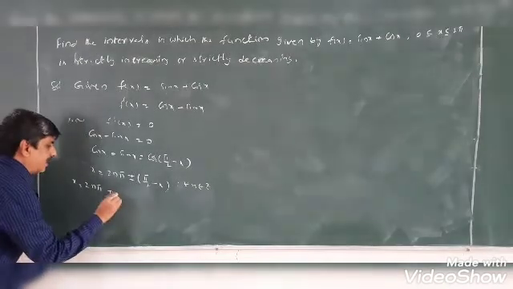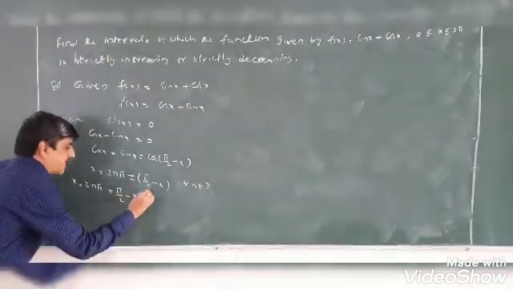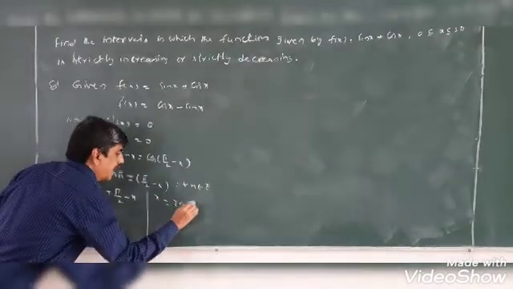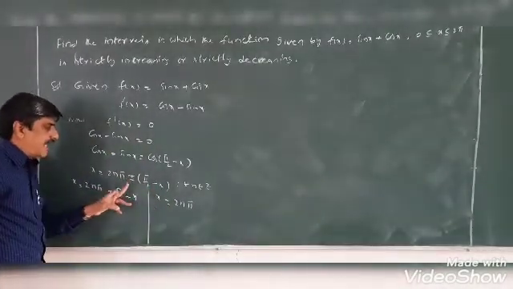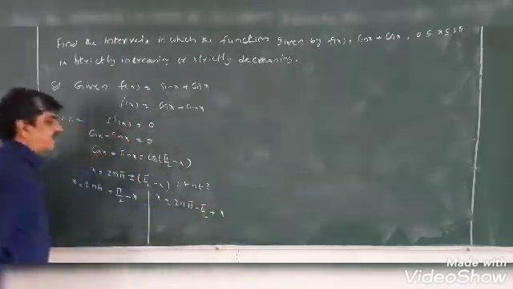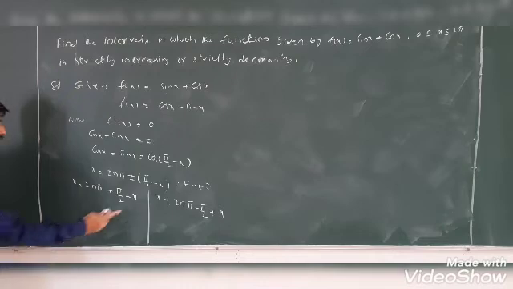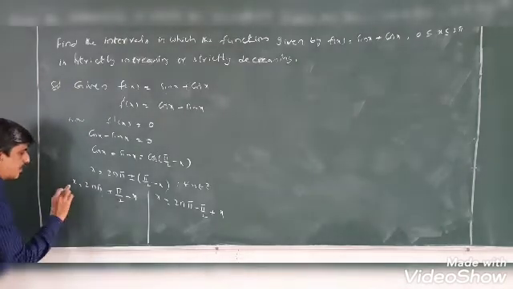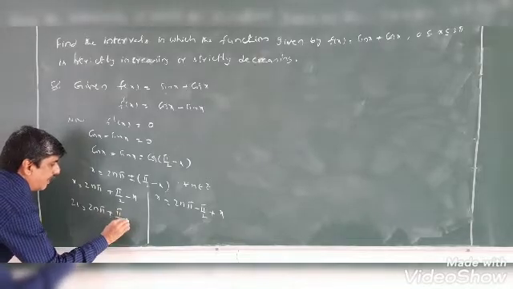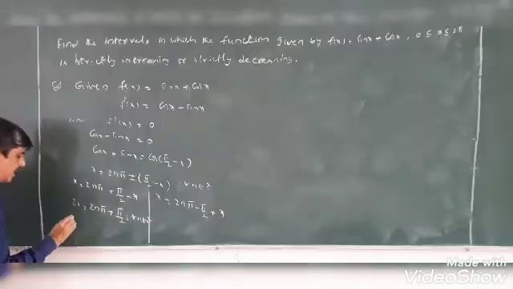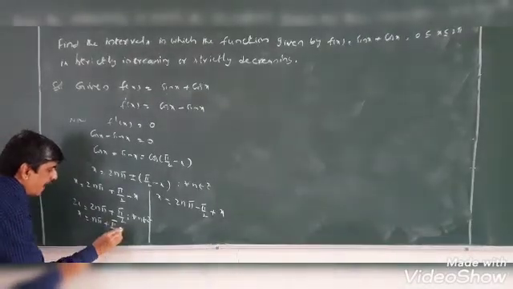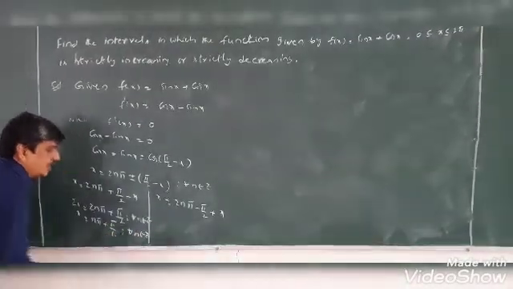plus, if I am taking pi by 2 minus x. Then x is equal to 2n pi, and if I am taking the minus case, this is minus pi by 2 minus of minus x plus x. So this minus x comes to this side. So x plus x, 2x is equal to 2n pi plus pi by 2 for every n belongs to z. So x is equal to n pi plus pi by 4 for every n belongs to z.